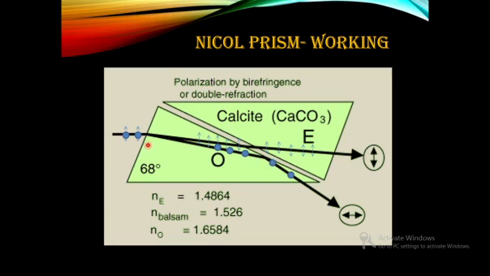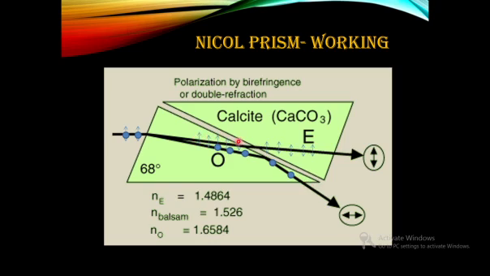Since we have made this up to an angle of 68 degrees, the ray incident normally on this face will always be falling at the critical angle or greater than the critical angle, and hence the ordinary ray will always be totally internally reflected, which is then absorbed by the lamp black pasted on the longitudinal side, while the extraordinary ray which